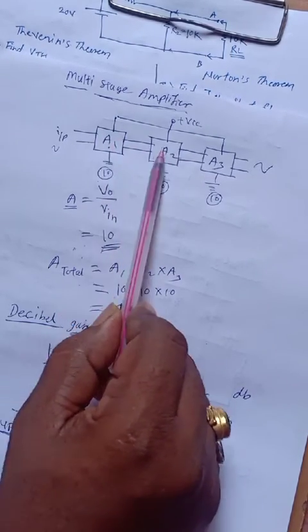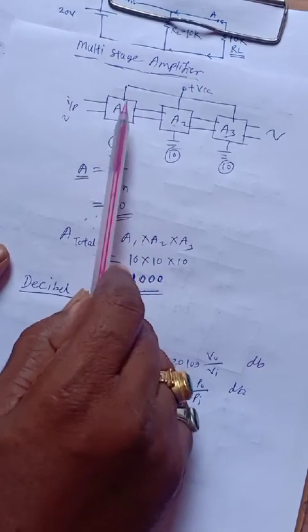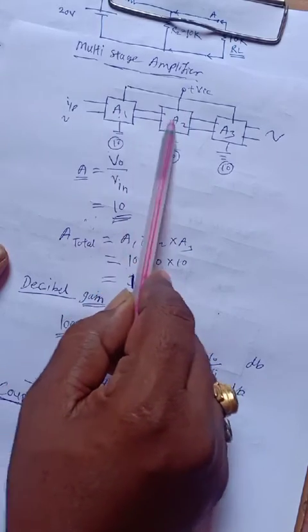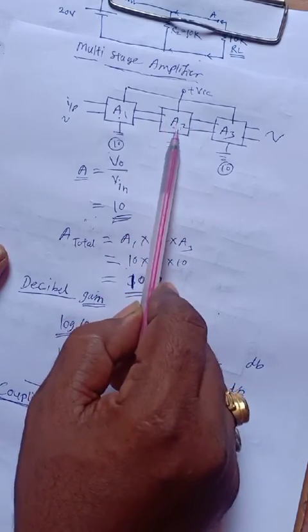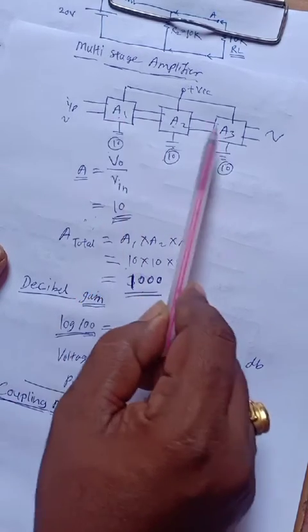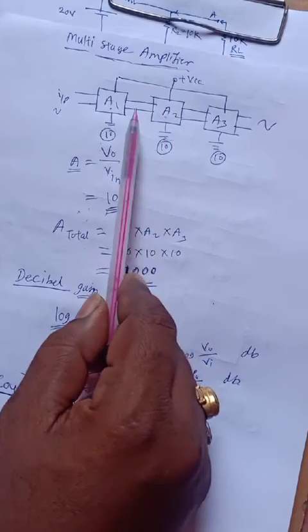If you connect directly, it can change the Q point of A2, it may change the Q point of A1, and it may change the Q point of A3. To avoid this change,